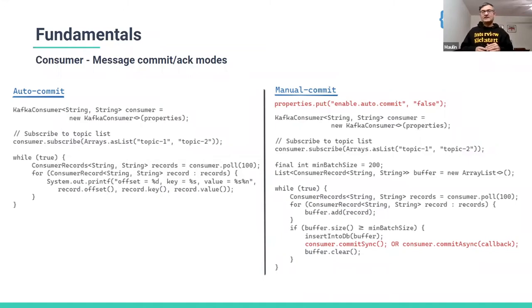The second alternative is basically to have enable auto commit mode off and then let consumer decide when to commit. The consumer takes control of when to commit. Then there are pros and cons of each, and this is a very important thing to understand when you write consumer code: which way you are going, what the implications are, and how your code will behave.